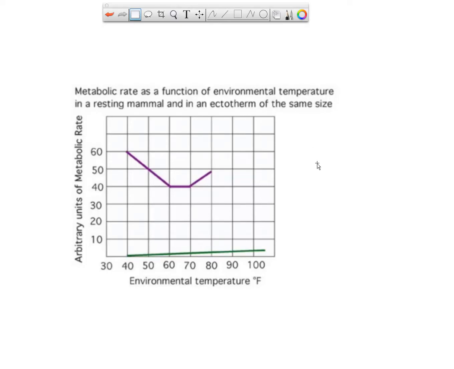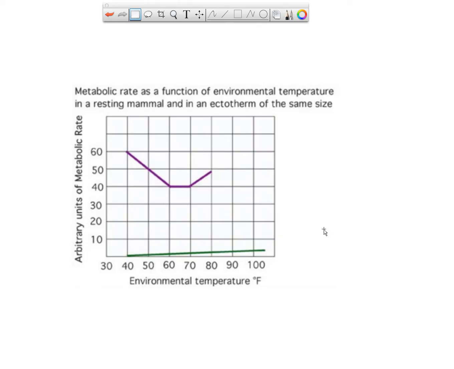Let's take a closer look at our graph of metabolic rate as a function of environmental temperature. To review, this purple graph represents a temperature regulating animal. The green line represents a temperature conforming animal. You'll notice that the minimal metabolic rate of the regulating animal is about 10 times the minimal metabolic rate of the conforming animal. This is a general relationship that holds: it costs about 10 times more to be a